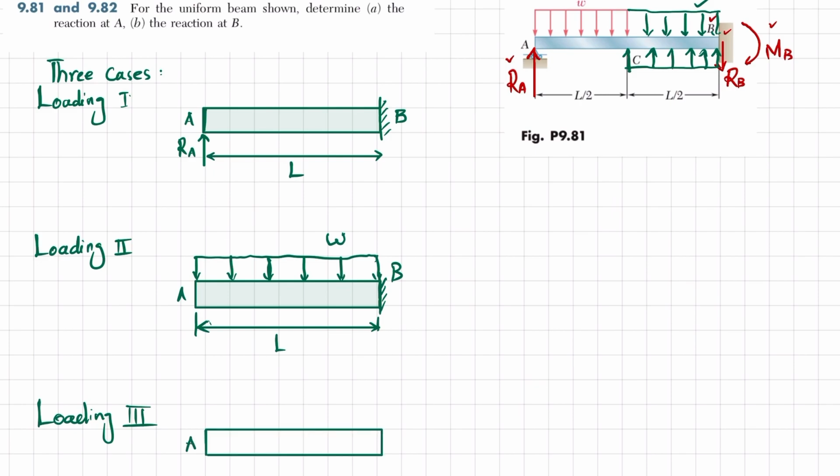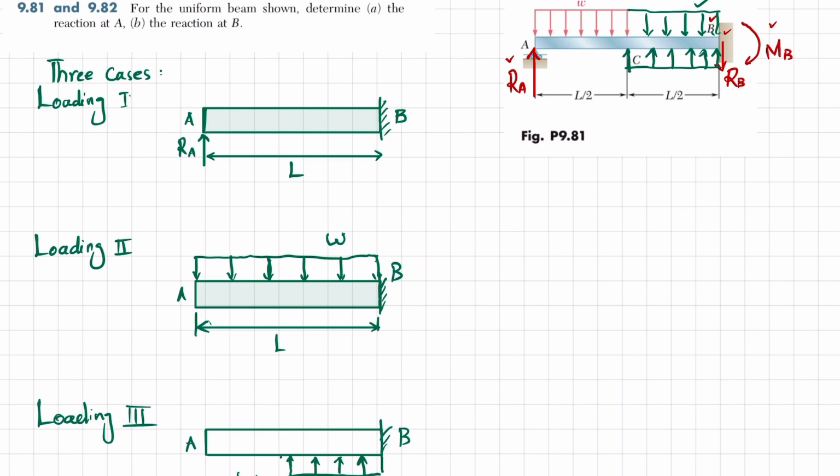This is point A, this is point B, and over half of the portion there is a uniformly distributed load upward, and this will be point C. From C to B the distance is L by 2,